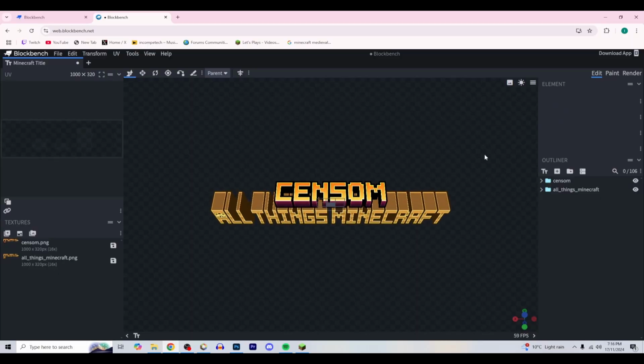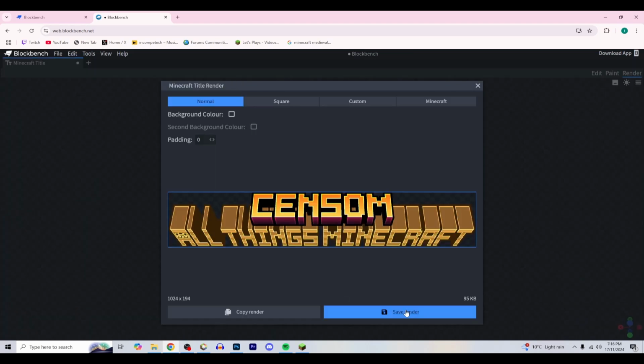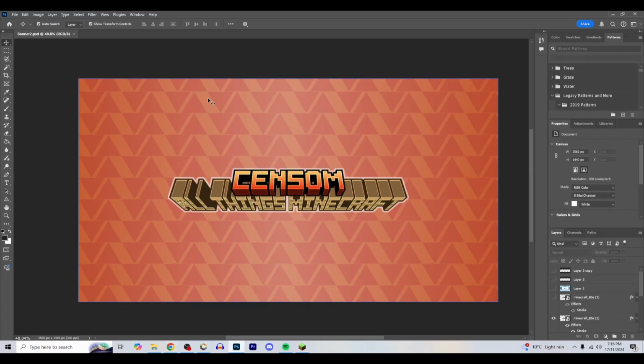So once you're completely happy with how your text looks, you can go into render and click render Minecraft title and save render, and that will download it for you as a PNG file. And then with this PNG file, just make sure you know where this is, because we're going to use it later. Once you've done that, open up Photoshop